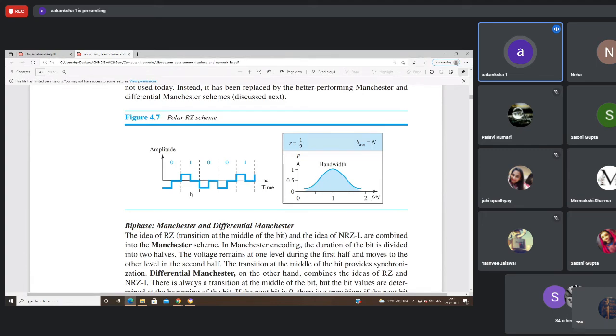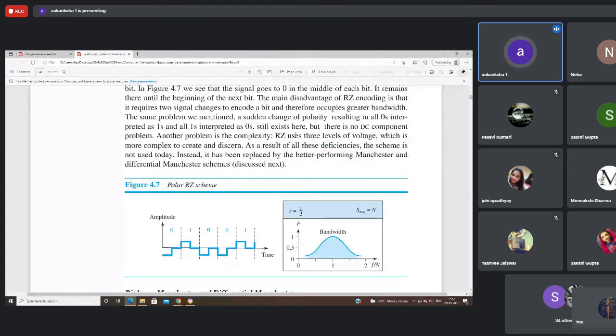So if it has continuous zeros and continuous ones, then also we don't have a static DC component. So my bandwidth is evenly divided, as shown here on the right hand side of figure 4.7. You can see the graph. The bandwidth is evenly divided in the entire spectrum of frequency. It is at one almost at frequency 1, this is the middle of the bandwidth, and nearly zero frequencies contain less power, and at high frequency too, the power will be less. So the spectrum is evenly balanced and divided evenly.